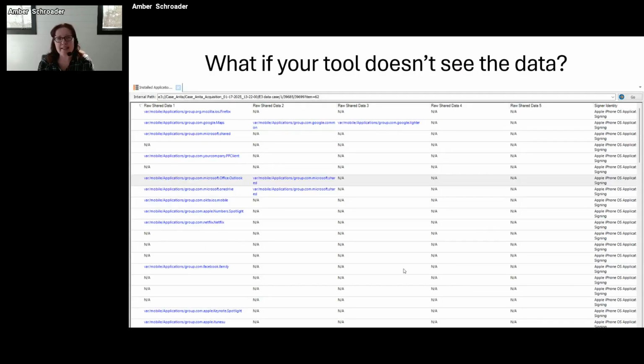So what if your tool didn't see any of that data I was just talking about? That's why you have references back to other raw data sources associated with the app. So I can go and look at the raw data source with Mozilla, Outlook, any of those, or TikTok if I was looking at that example, and I can see all the different shared sandboxes with this particular app. Because once an app goes through and grants access to those areas, we're going to see different data spread occur between the two different apps.